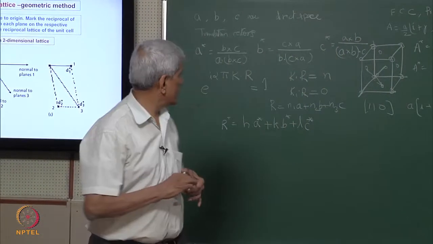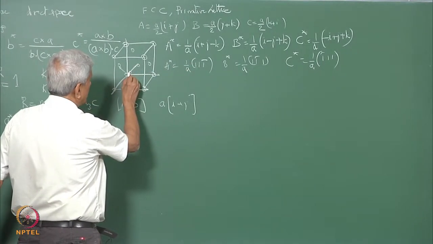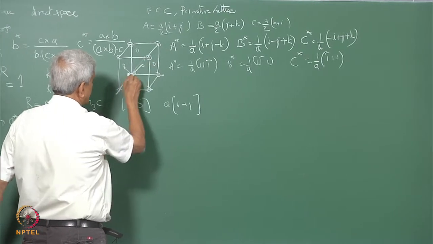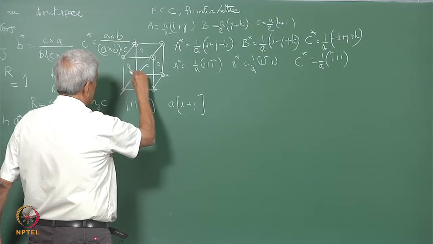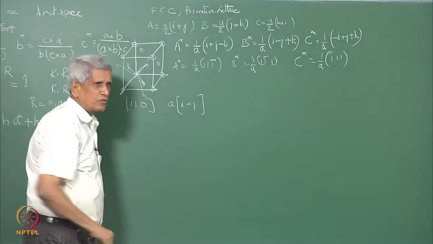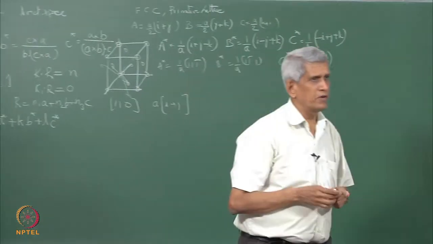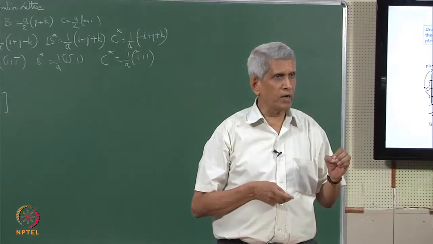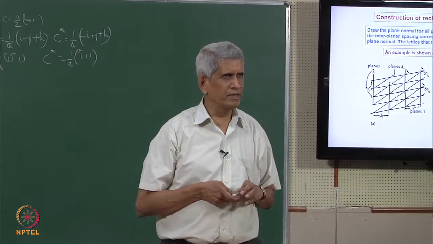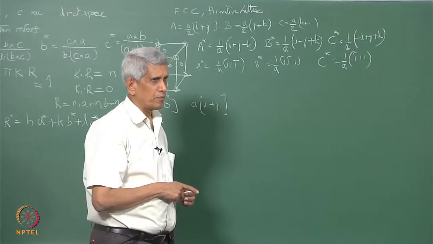When this is defined, how will this turn out to be? We can mark this one, all these will be going from here into the next cell in this direction, another will be going into this direction, another possibly will be going down into the next one. That is how these vectors will turn out to be, and the magnitude is going to be 1 by A of it. So, once we know these basic vectors, all other reciprocal lattice points we can find out by taking a combination of this, correct? Is it not? So, these are all the basic translation vectors. If we take a combination of it, we can find out.